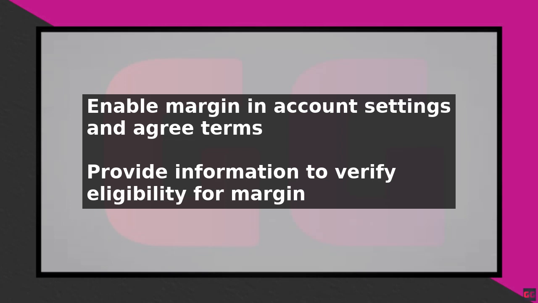To do this, simply select the stock you want to buy and enter the amount you want to purchase. If you have enough cash in your account to cover the purchase, the transaction will be made using your cash balance. However, if you do not have enough cash, Robinhood will lend you the remaining amount, and you will be charged interest on the loan.